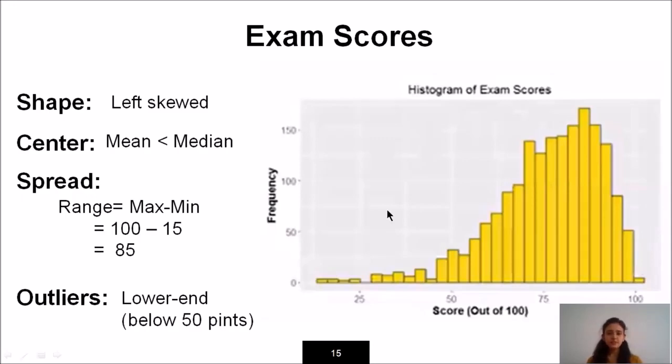Welcome to the lecture. In the previous lecture, we have seen what histograms are and what the different shapes are. What is the relation of mean and median if the shape is left-skewed, right-skewed, or bell-shaped. So we have seen the different types of skewness, how to calculate the range, and approximately where your outliers will be. This we have seen in the previous lecture.